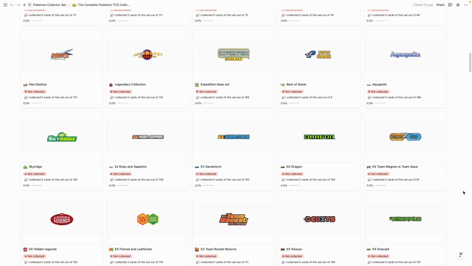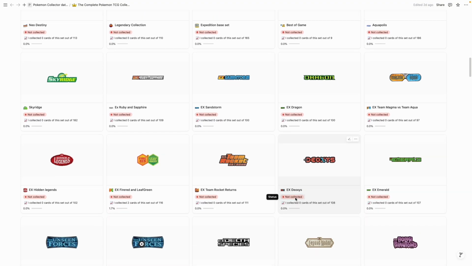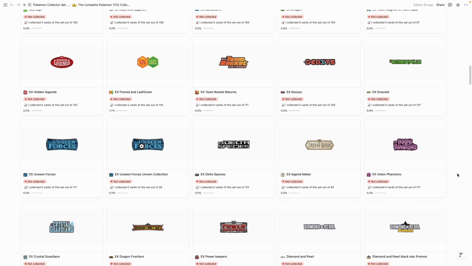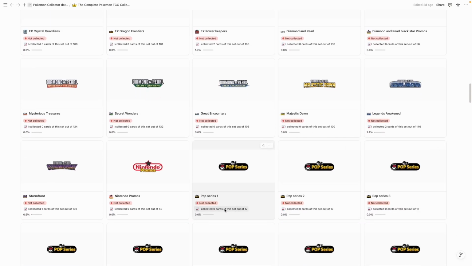Just scroll through and you will see exactly how much you've collected from each set. You can give every set a status: not collected, currently collecting, or collected. Choose which set you are completing and it will show up on top. As you can see, there is a progress bar at every set, showing you exactly how far you've come collecting